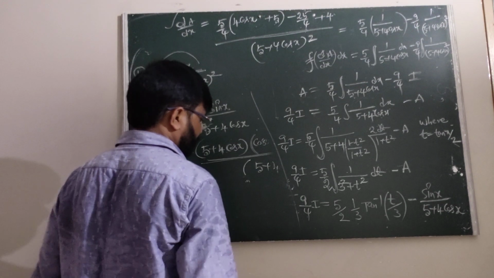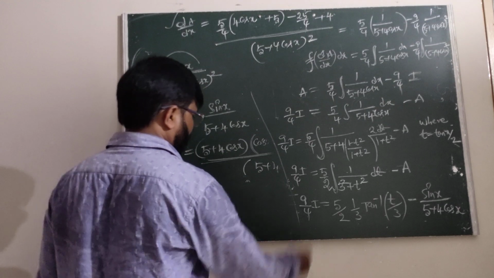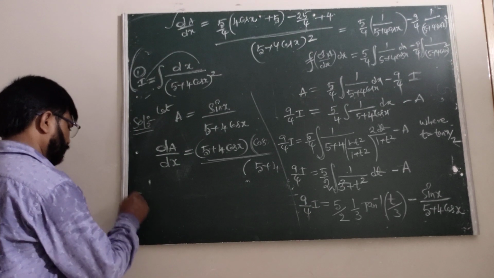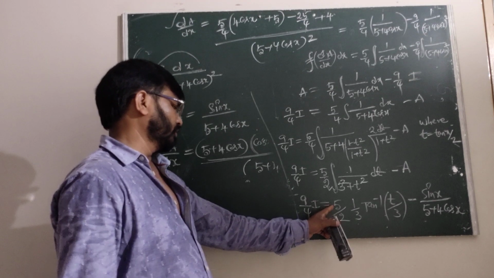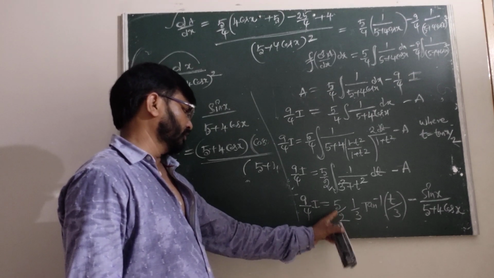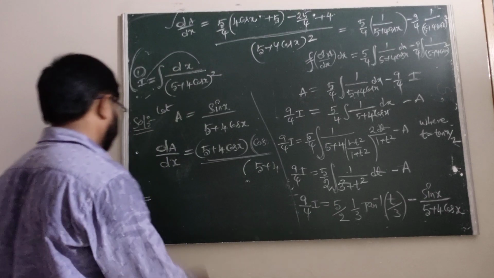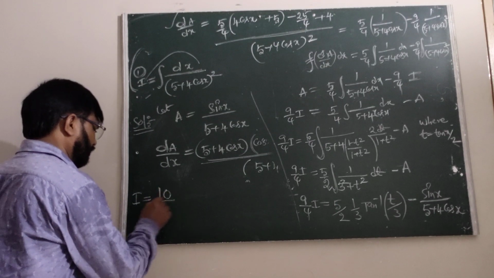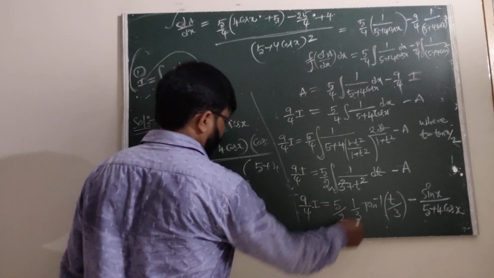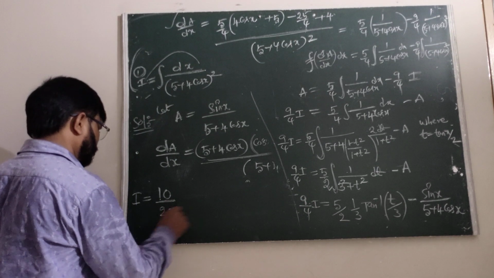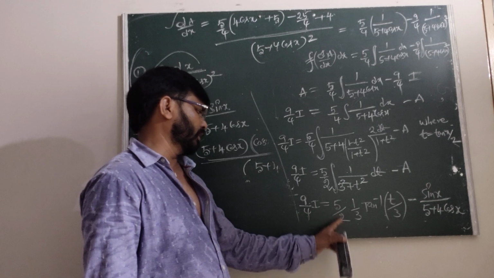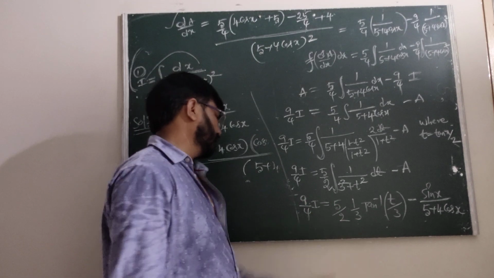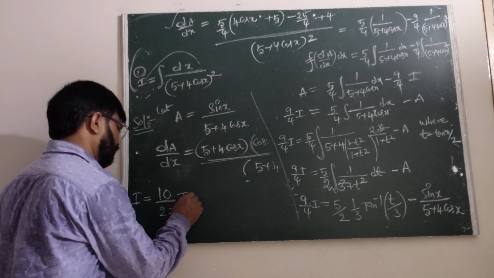Then I equals, multiplied with 4 by 9: 5 twos are 10, 9 into 3 is 27, tan inverse of